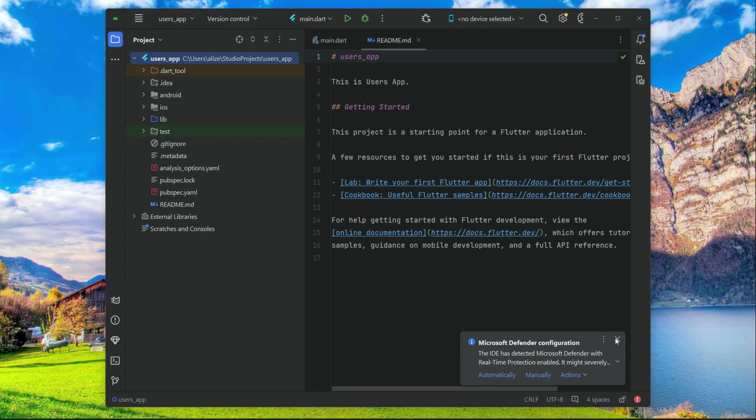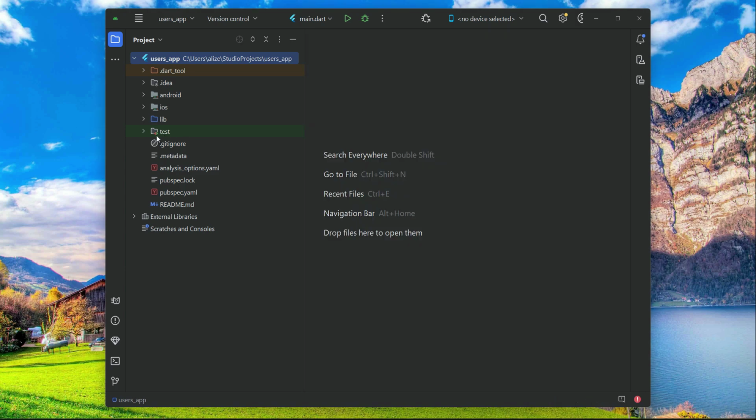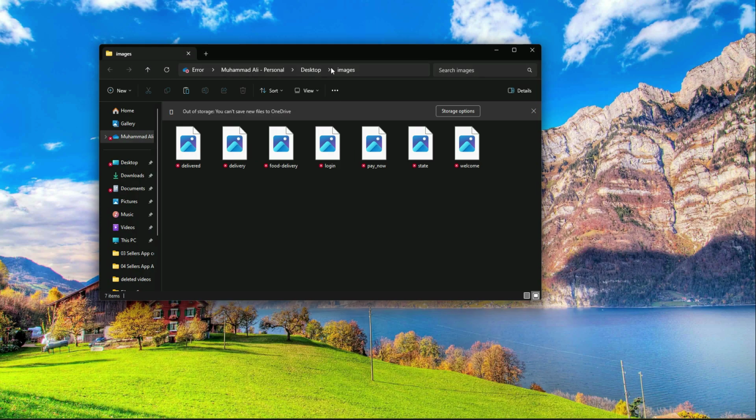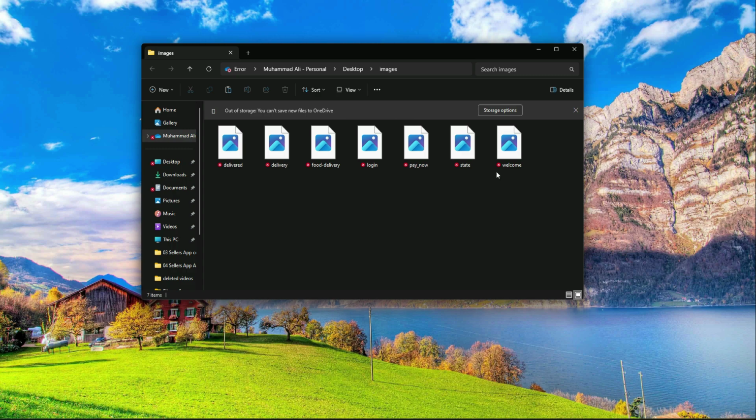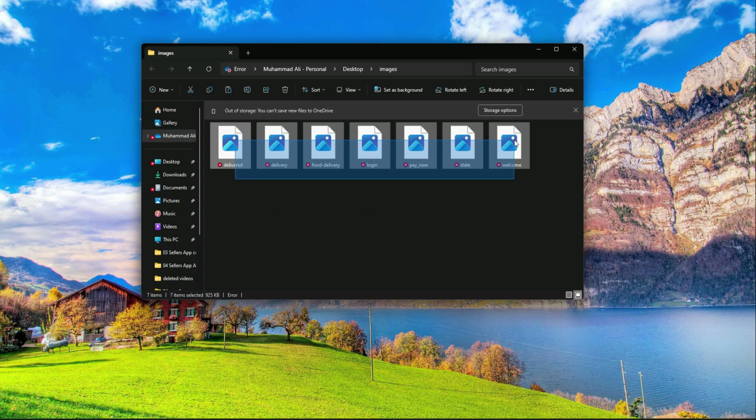So the users app Flutter project is created successfully, as you can see that. Now the next thing that we will do is I will provide these images files. Okay, download these images file. Once you download it, then you can copy it,